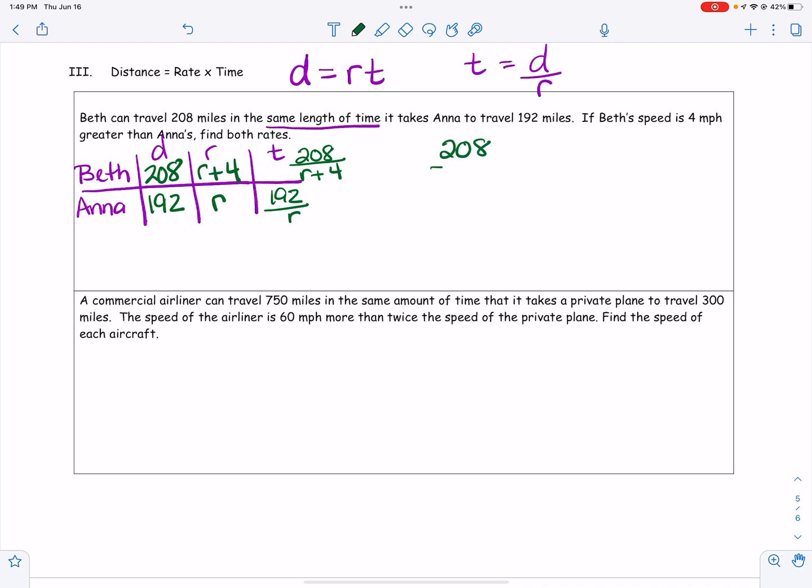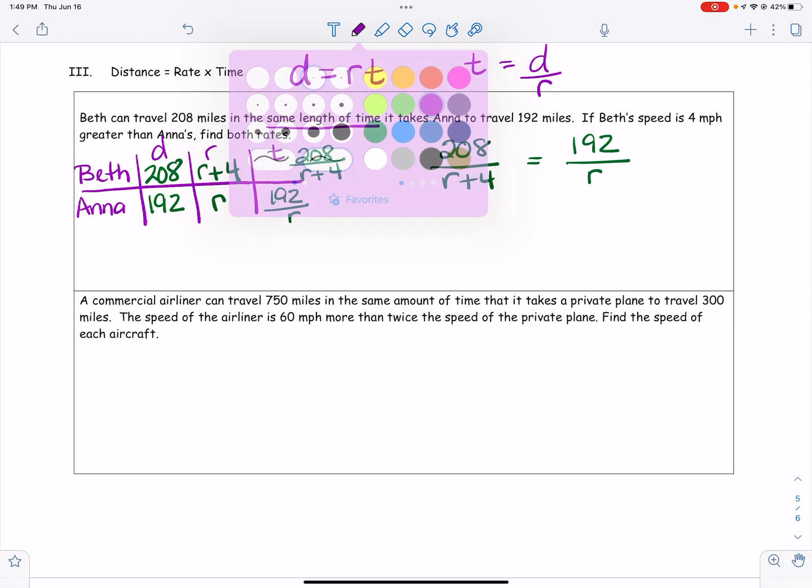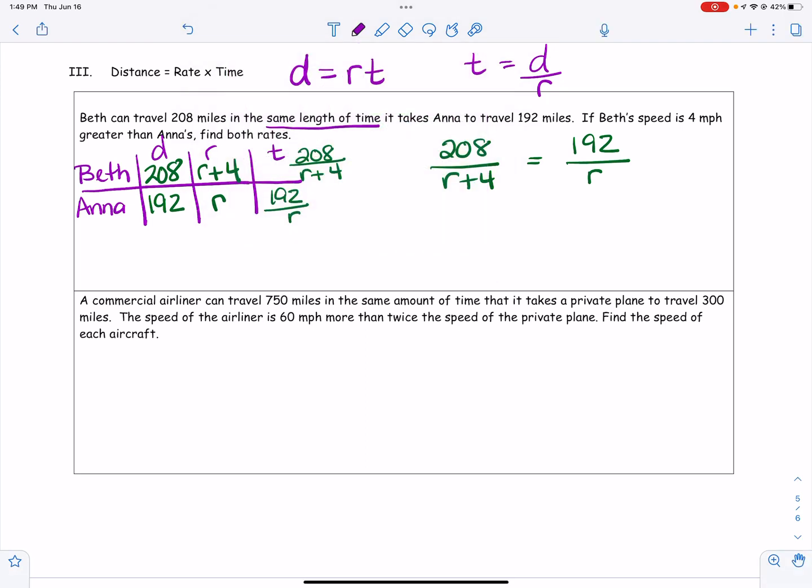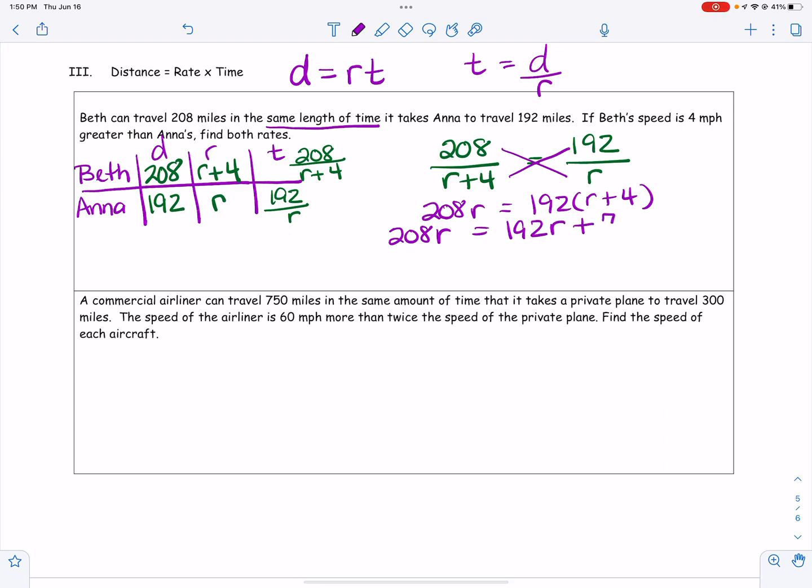And since these are equal, the same length of time, I'm going to set Beth's time equal to Anna's time. So 208 over R plus 4 is equal to 192 over R. This is a proportion, so I can cross multiply. So I'm going to take 208 times R and 192 times R plus 4 on the other diagonal. Go ahead and distribute on the right-hand side, so I get 192R plus 768, and then I'm going to subtract 192R,